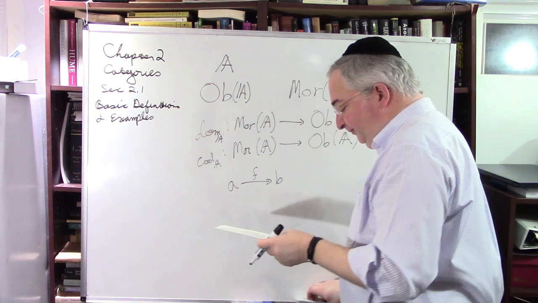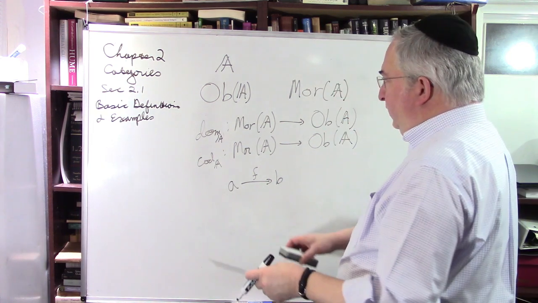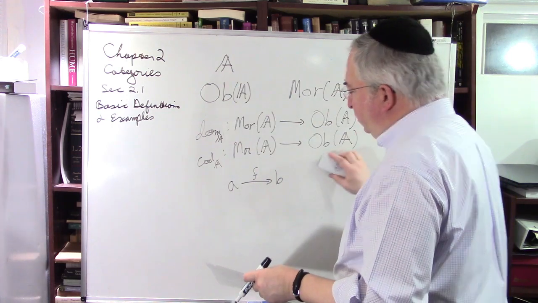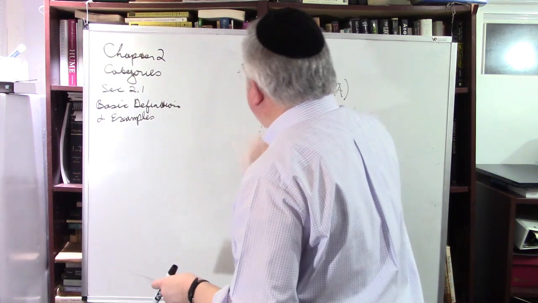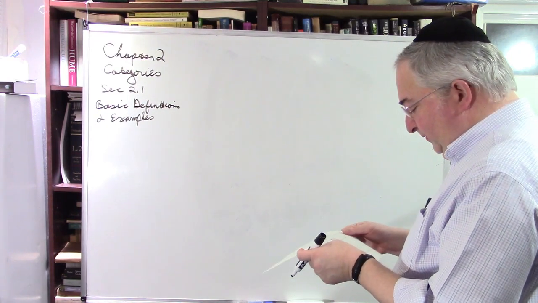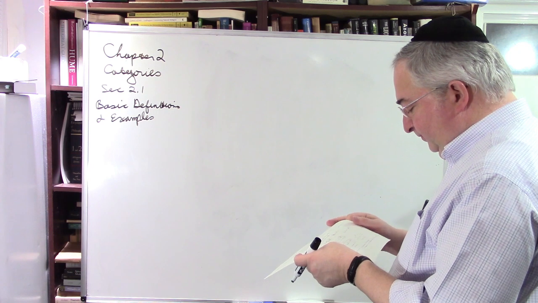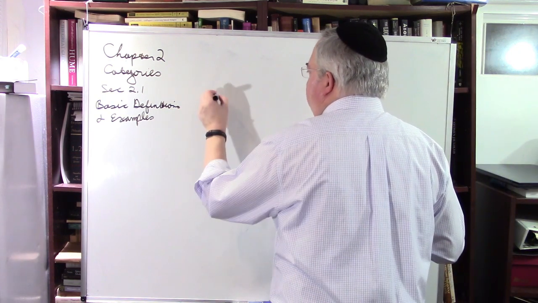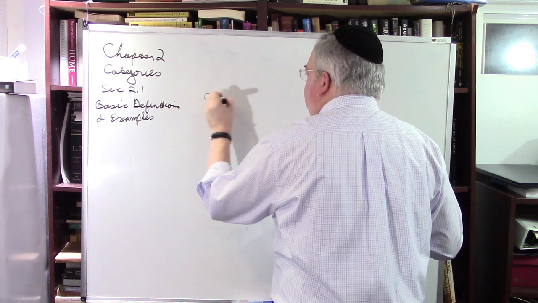Okay, great. So let's just reiterate. You have two collections, you have two functions. Hold on. Okay, and now you have two operations. One is called composition. So that says